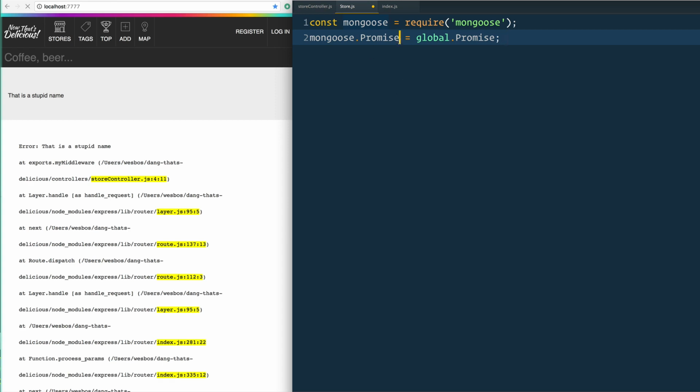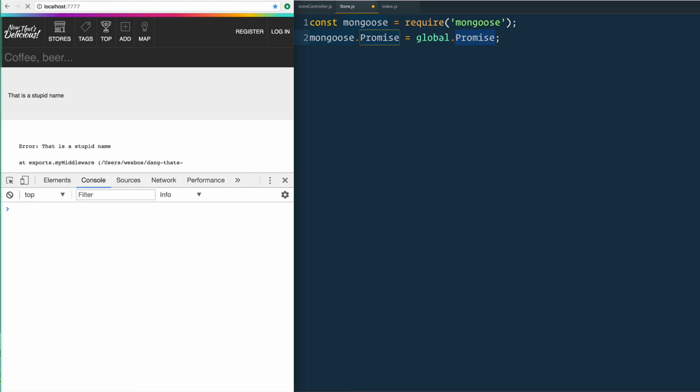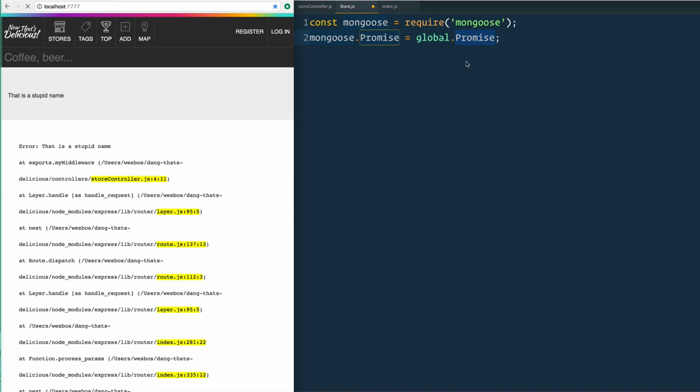So we essentially set the Mongoose promise property to be global, which is sort of like the window in the browser. That's our global variable, and it accesses the capital P Promise. That's like if you were to open up your DevTools here and type in Promise, you'll see that you get the native promise. That's exactly what we're doing here. Now that global, don't ever put stuff on it. It's tempting just to put everything on the global as you have on the window,